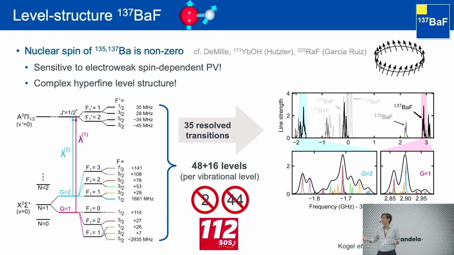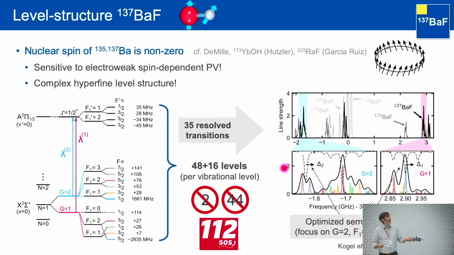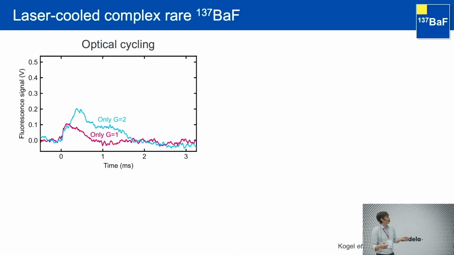But we can basically just apply the principles that I've explained before. We put strong lines on the transitions with the highest multiplicity. This is going to give us our forces, and then we just apply some spectrum for the rest that doesn't overlap with what we do not want to talk to, like the other isotopologues. And then you can see, if you're just applying sidebands to some transitions, there's a little bit of fluorescence, but if you close the cycle, then of course the fluorescence goes up. So you are closing the cycle. You have optical cycling in this system.